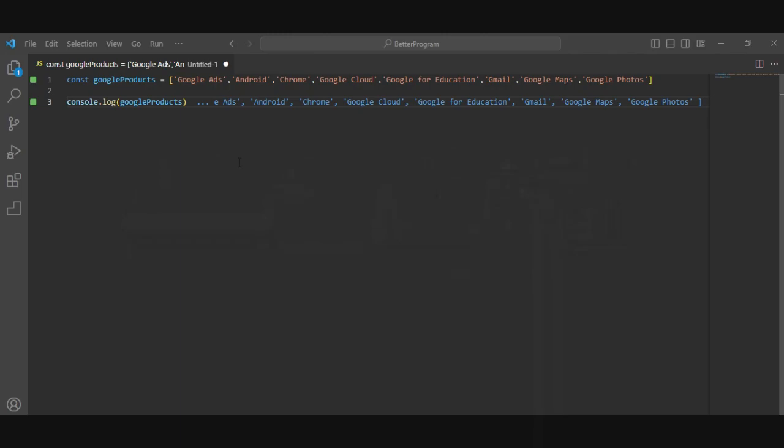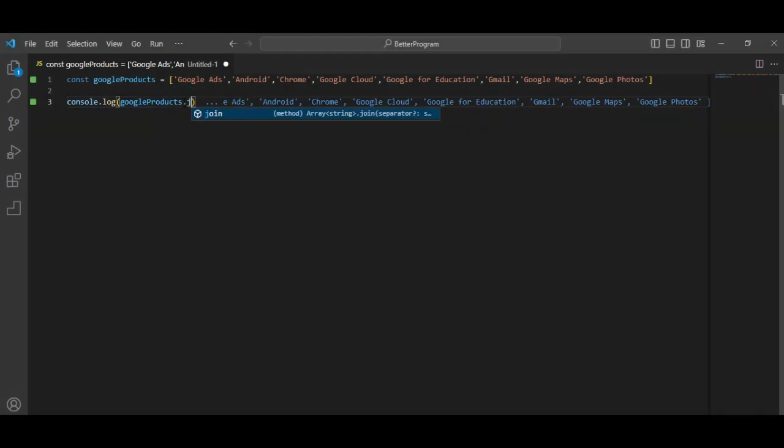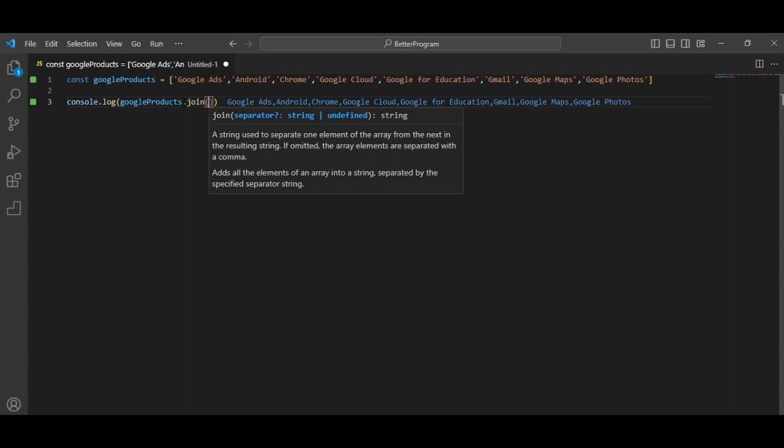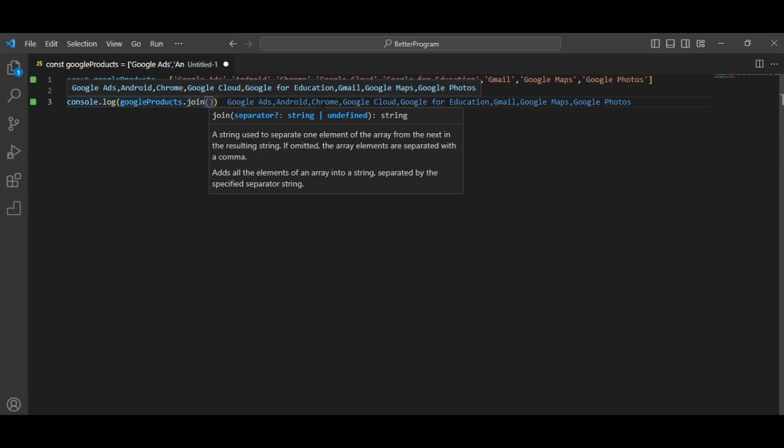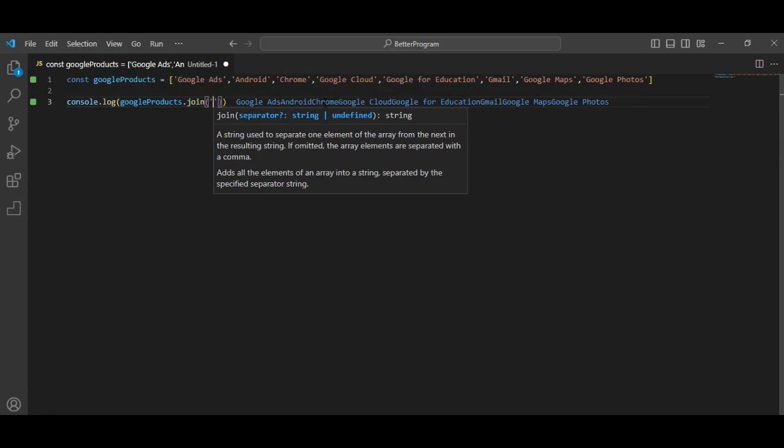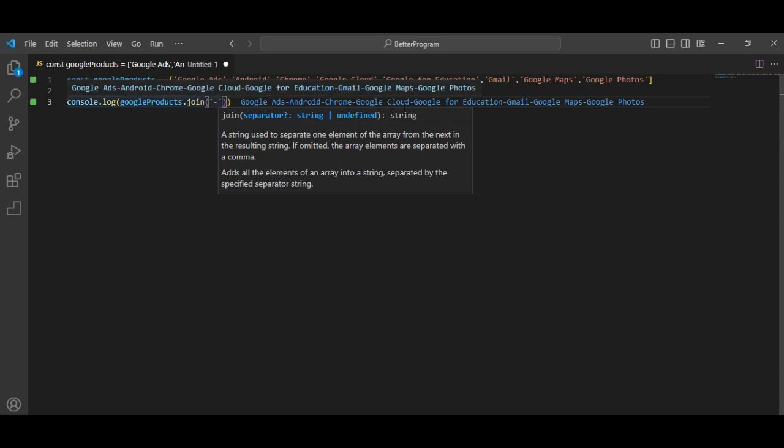The eighth method we are going to talk about is join. For example, we are putting join on any array. If we are just giving it blank, then it will join with a comma by default, and if we are giving some other character, then it will join the array with that character. I am giving this hyphen, so our output is coming with the hyphen. The join method returns an array as a string. Any separator can be specified, but the default is the comma separator.